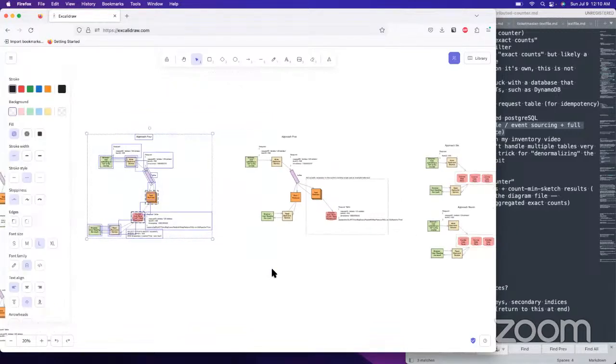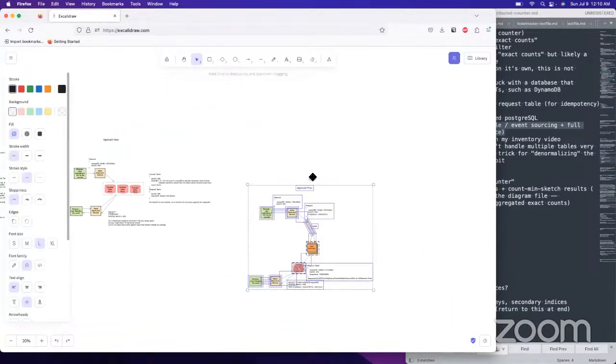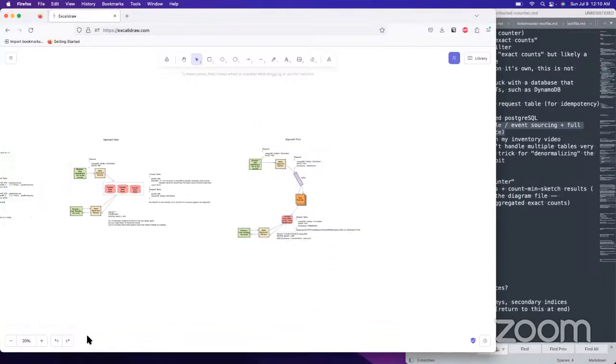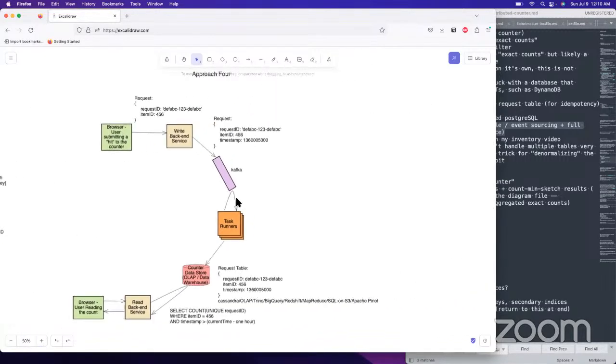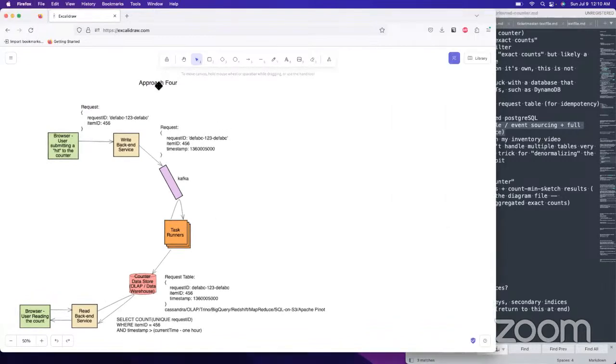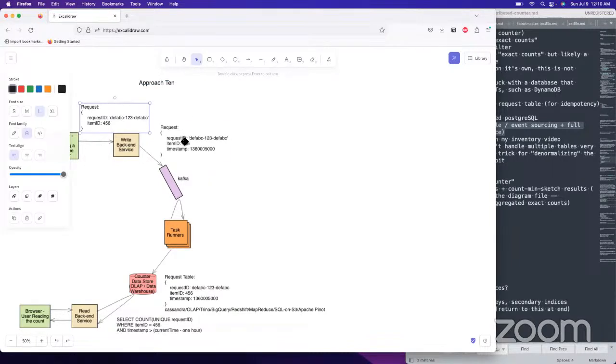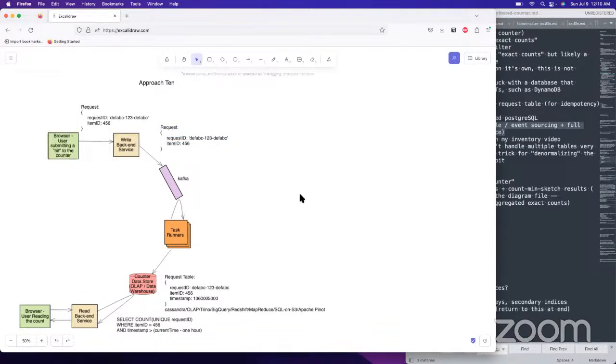I can go ahead and use this. All right, we're gonna do this. It's approach 10. You have the request ID and an item ID. You don't need the timestamp.